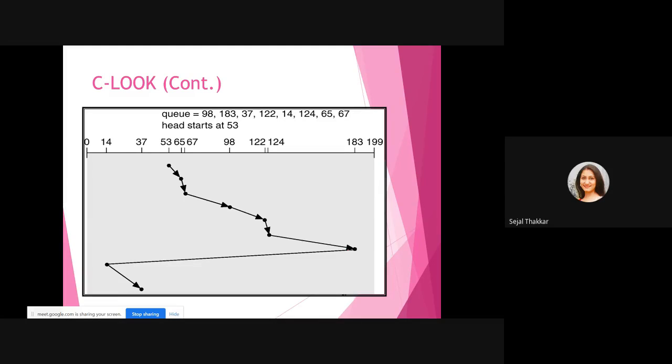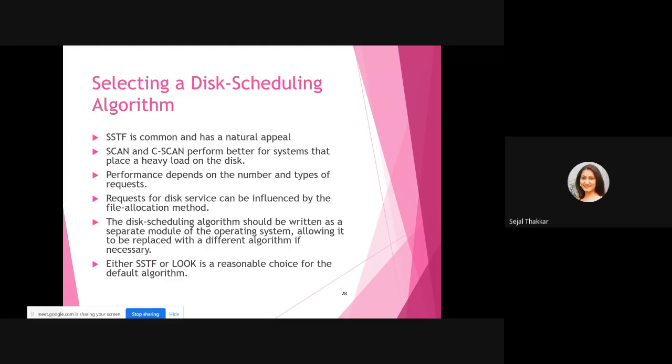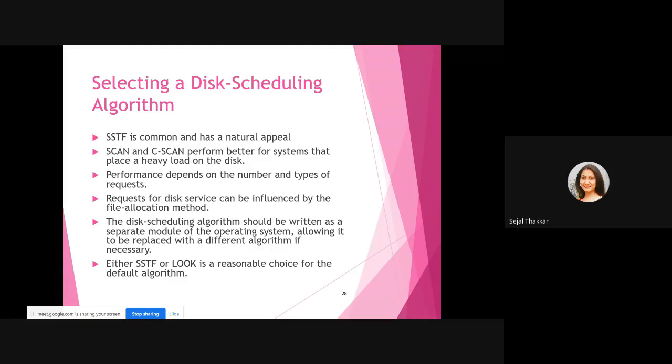In one direction it will serve, then it will go to the other direction and serve 14 and 37. And then you have to calculate the total head movement.